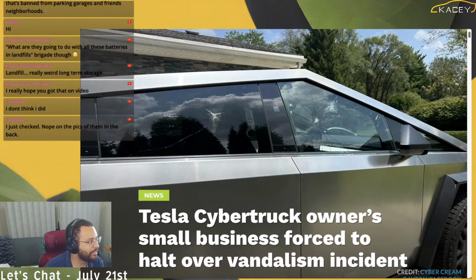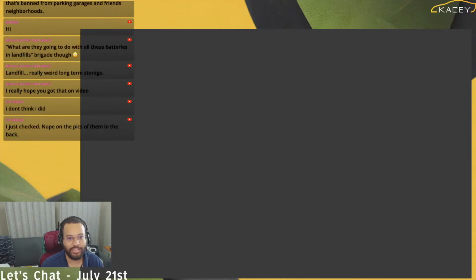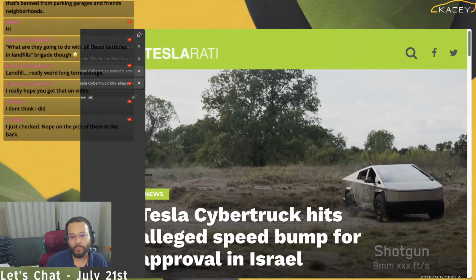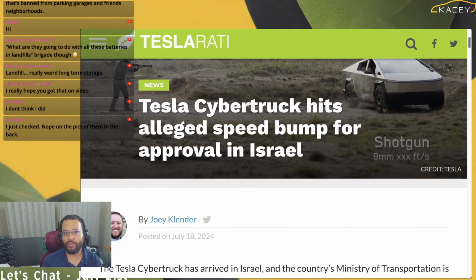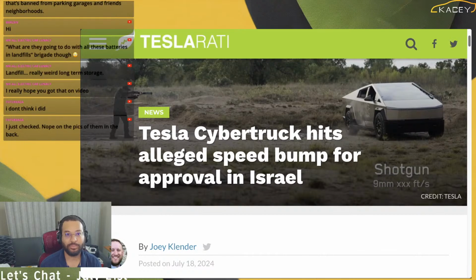Tesla Cybertruck hits alleged speed bump. We're going to talk a little bit about Cybertruck and its sales in certain places. The problem with selling Cybertruck in Israel, at least for this one owner import, is that it's been advertised to be somewhat bulletproof, and that's holding them up, even though the windows are not bulletproof.